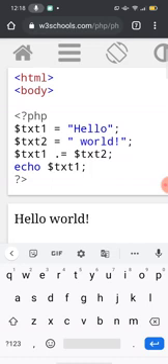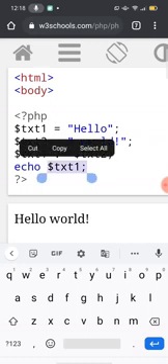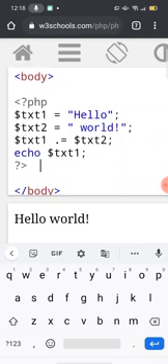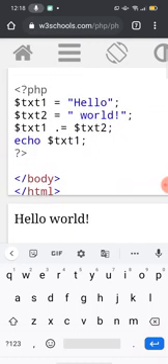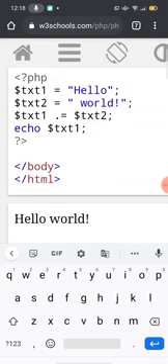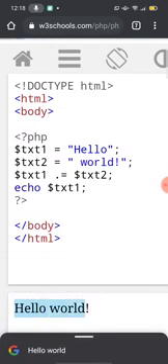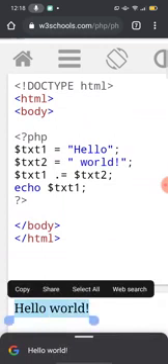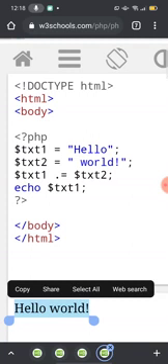Okay, this is called append. Now echo $txt1: the $txt2 will be appended to $txt1. That means the value of $txt2 will be put inside $txt1, and we are printing the $txt1 value. So the value hello world has been printed over here. Clear? This is called append.